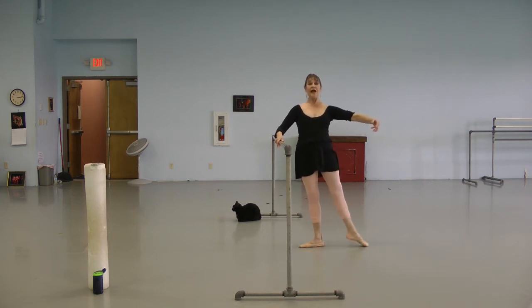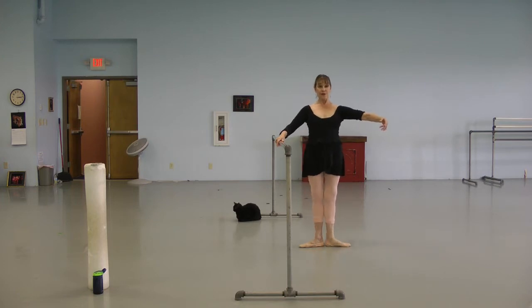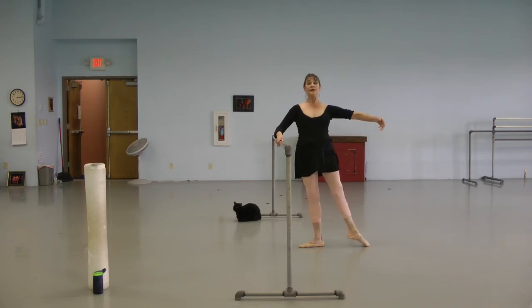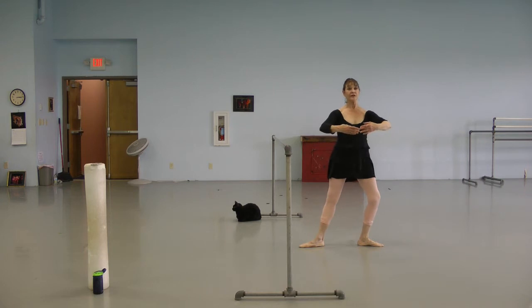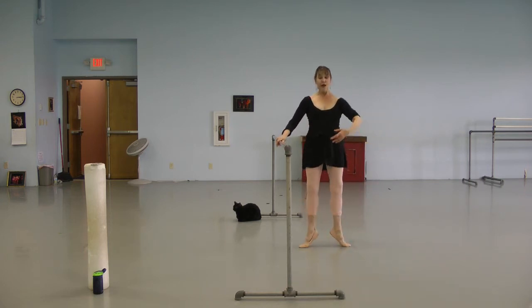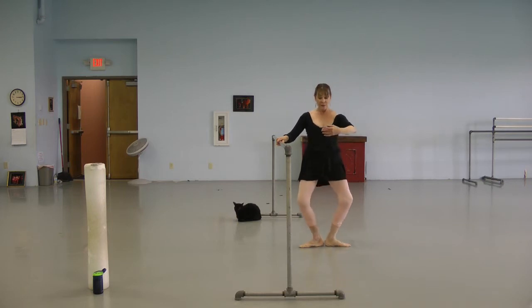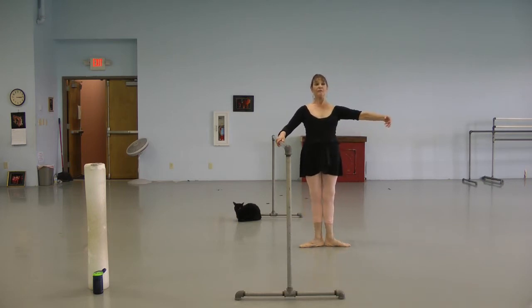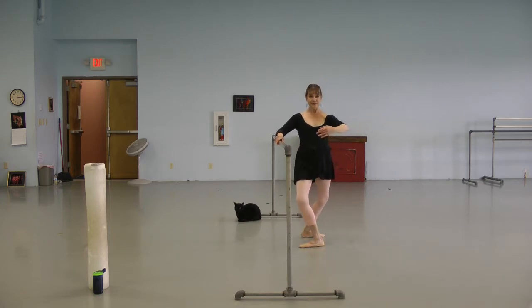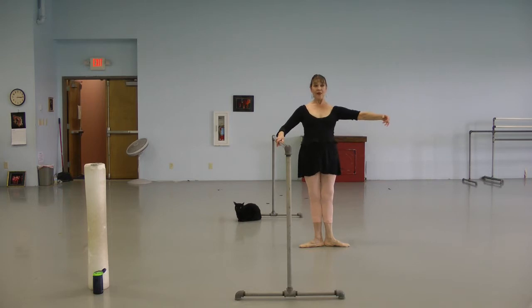and in, and tendu, roll through your plie, and up, and close, and tendu, fall out, push off, and close, plie, releve, and plie, and stretch, and point back, and first position, and tendu, and close in, 5, 6, 7, 8,